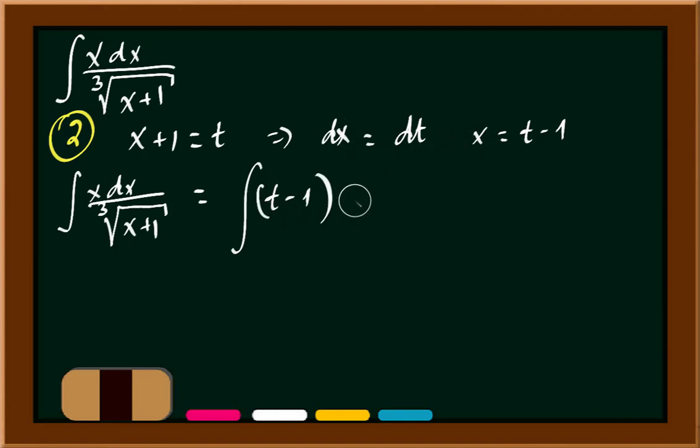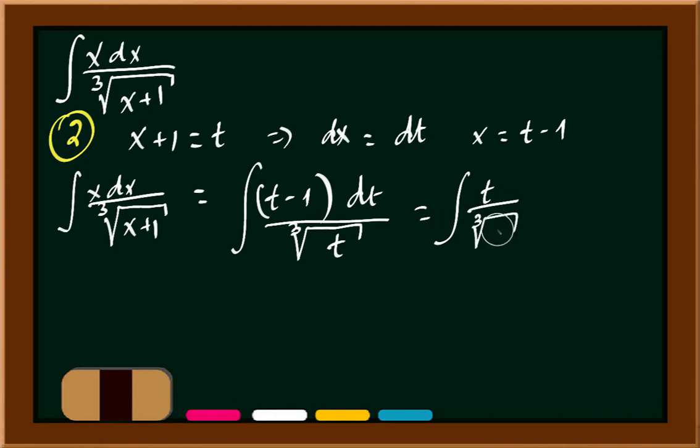The dx is equal to dt, and now all over cubic root of t. Now we can break this fraction into two parts, because we have just a simple denominator here. We can say that it is equal to the integral of t over cubic root of t dt